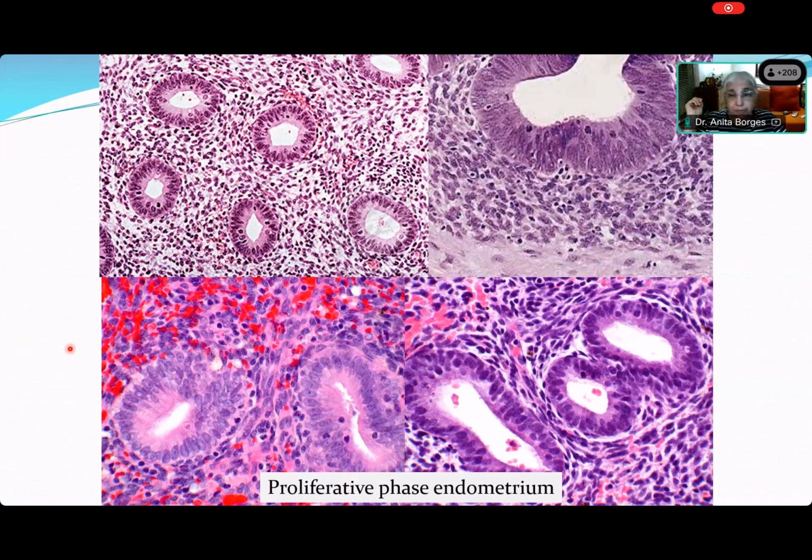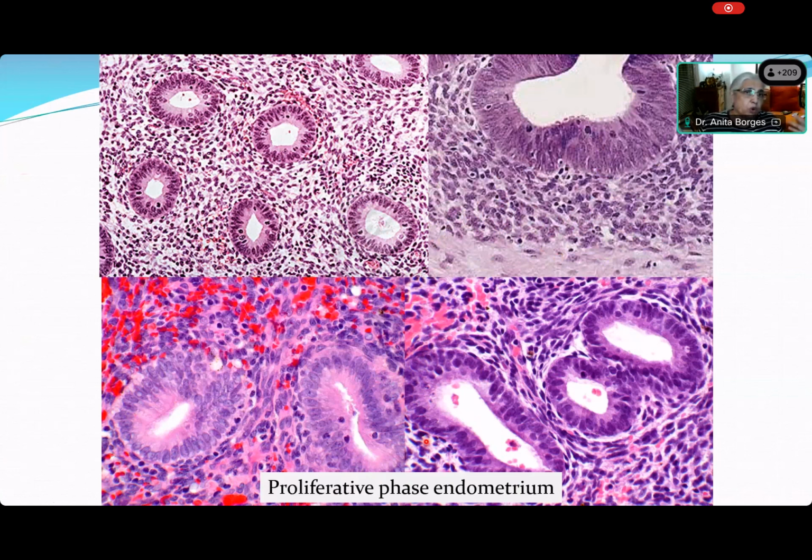Yes, so mitoses are present. And it is because the endometrium is proliferating. And when something is proliferating, the only way that we know that it is proliferating is we can see mitosis under the microscope. Very good. And it depends on which part of the proliferative phase it is. The earlier on in the proliferative phase, you may not see so many mitoses. As the FSH level rises and there's more estrogen in the system, you'll get more and more mitoses until towards the end of the proliferative phase, you will not see mitosis. So please remember this. This is the hallmark of the proliferative phase.